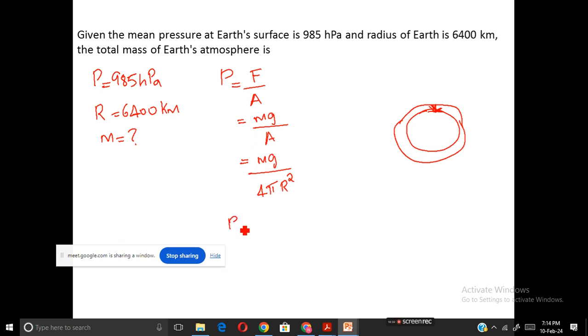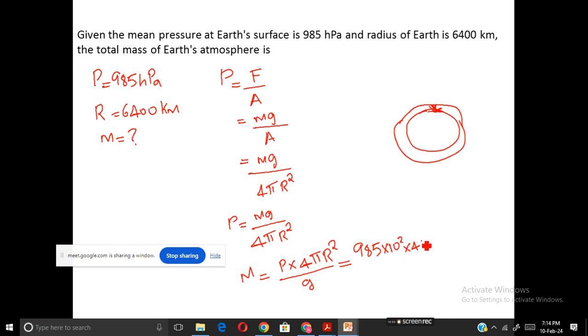So P is equal to mg by 4 pi r square. This is the equation. We want to calculate m. It will be P into 4 pi r square by g, which will be equal to P, which is 985 hectopascal,